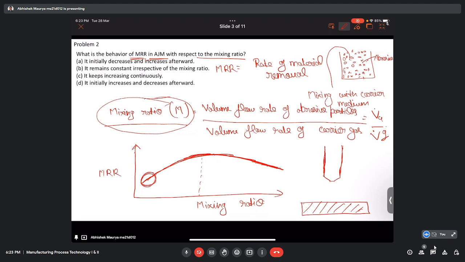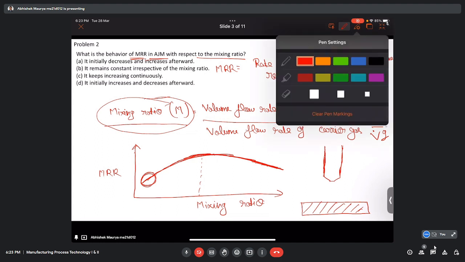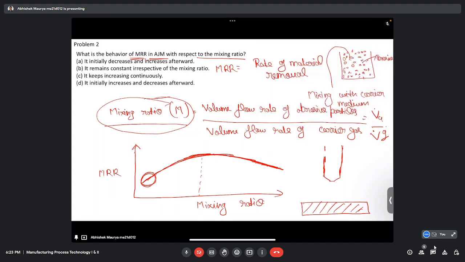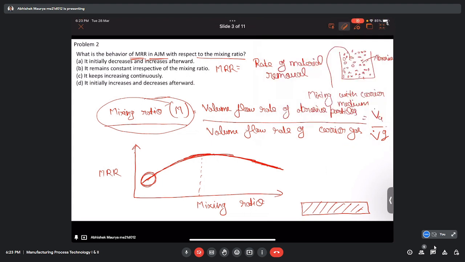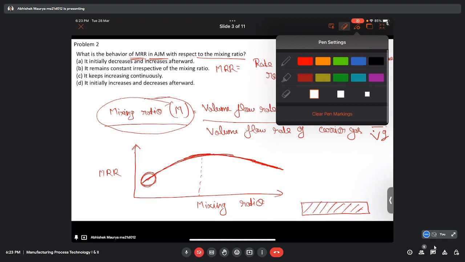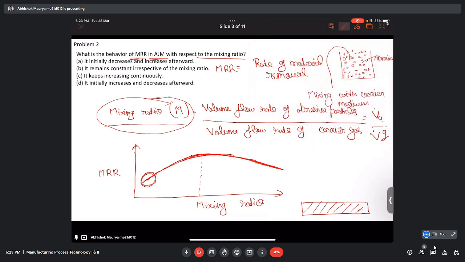So I will draw. Okay. So for the first case, if the mixing ratio is very less, then this is our nozzle,